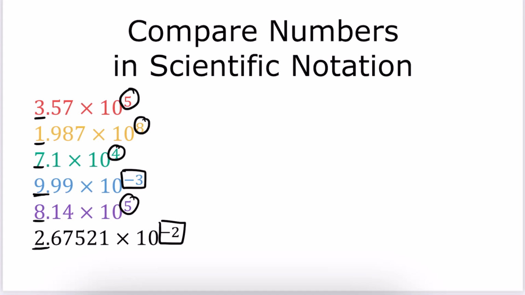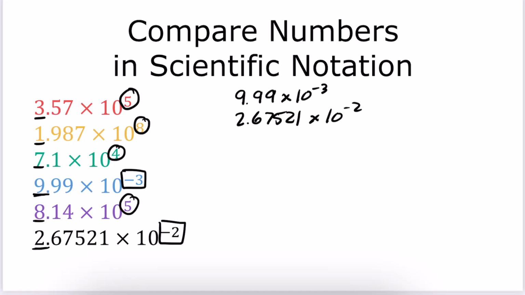And so the 9.99 times 10 to the negative 3 is going to be the smallest number because the 9 is in a very, very small decimal place value. And then the next smallest number will be 2.67521 times 10 to the negative 2. That will be the next smallest one because that's the only other number that has a decimal place value as its largest place value, because all the rest of them have positive exponents, which means you're multiplying by 10 rather than dividing by 10. And so now that we have those listed in order from least to greatest,